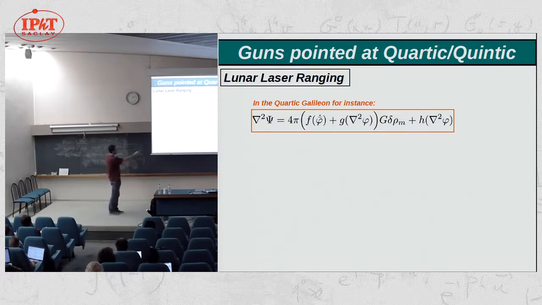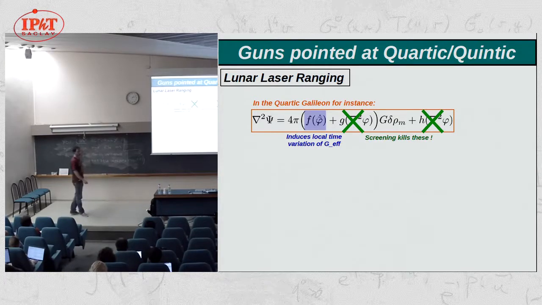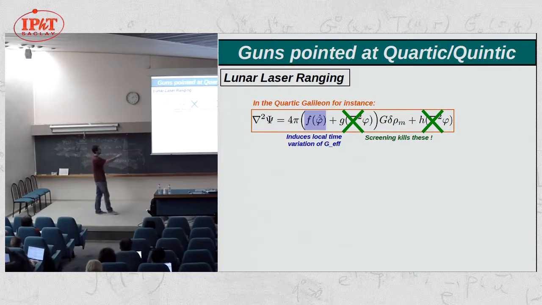So because they depend on spatial gradients, once you go to the nonlinear regime of structure formation, these are the terms that screening will cancel. But this is a background term. This is just a function of time, so the screening will not do anything about this term. And what this term will do is, if you multiply this by that g here, it will look like